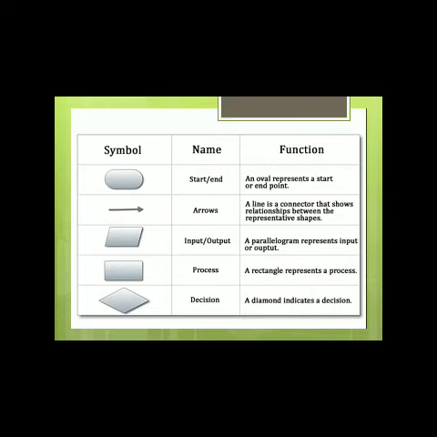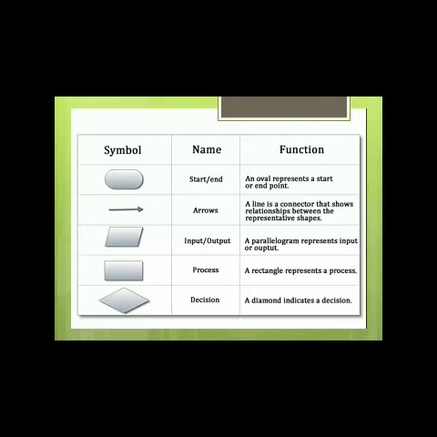And for a decision, where the answer is either yes or no, like if A is greater than 0, such statements will come under the decision box, where we have to decide that if the answer is yes, then what will be the output, and if the answer is no, then what will be the output. So these are the 5 main symbols which you have to learn and remember.